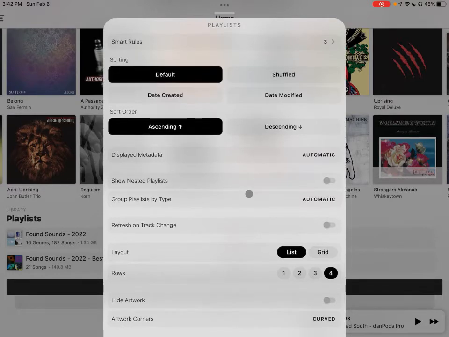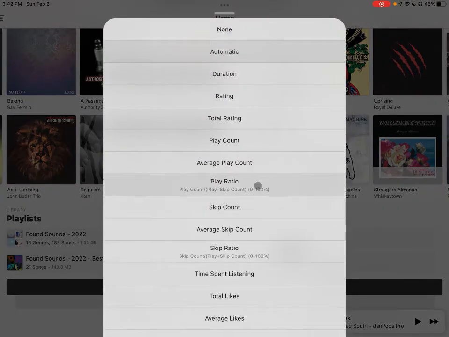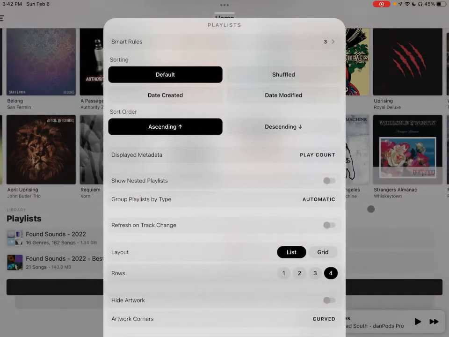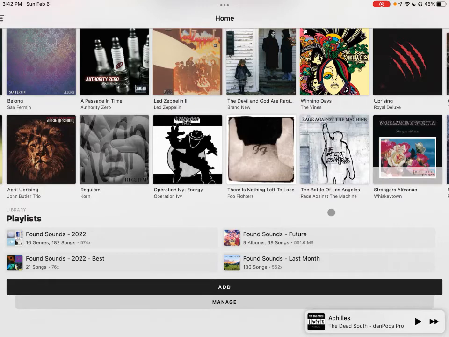And then, you always have the metadata option as well. So I show that I really like seeing the track count on there, but it's also interesting to see some of these other options like play count. How many total plays do these all have? So 562. This just shows the megabytes because I haven't played those yet. So you can see that my found sounds last month, early February, is very similar to overall for all of